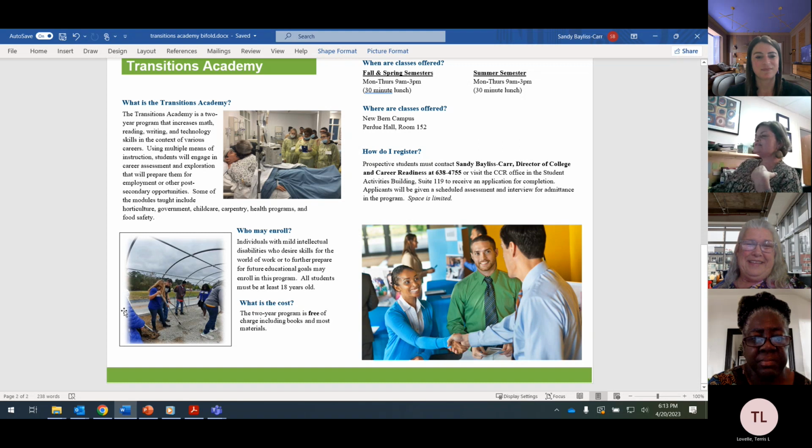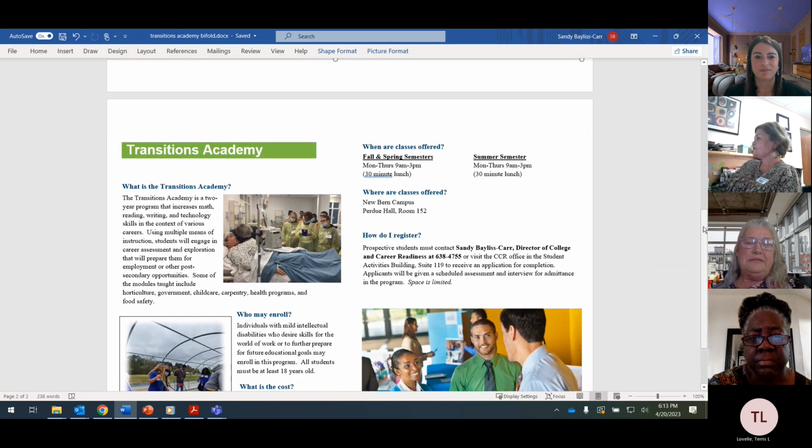And here you can see this is when we first started the greenhouse, and I'll show you a few minutes. That's the very beginning of it. But that's been about 3 years, so we have a lot more in it now. And as you can see here, the classes are offered Monday through Thursday, 9 to 3. They have a 30-minute lunch. They are on their own 100%, just like any college student here. They navigate the campus on their own. They are treated just like any other student. They get a student ID. They can utilize the library and other services just like all the students.